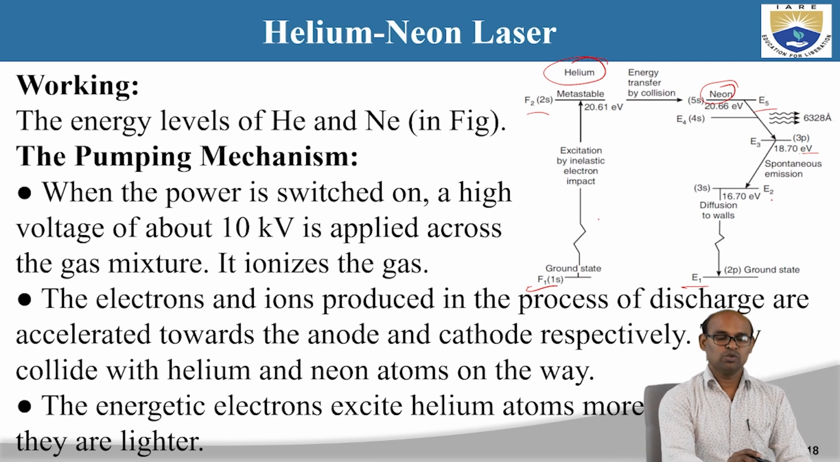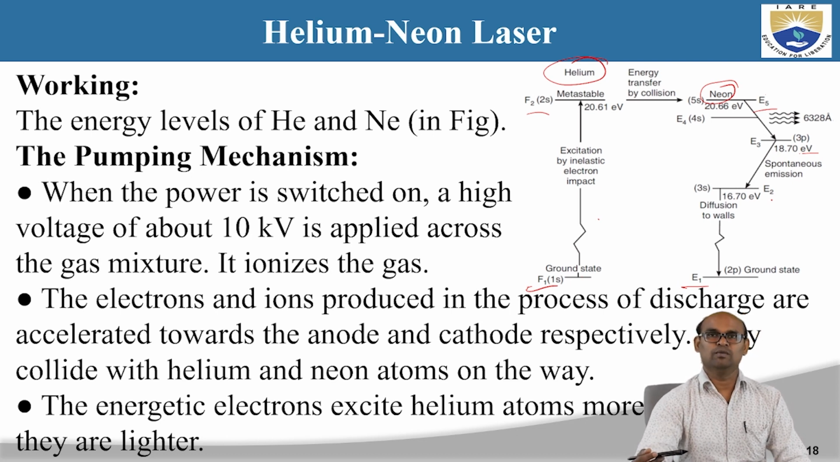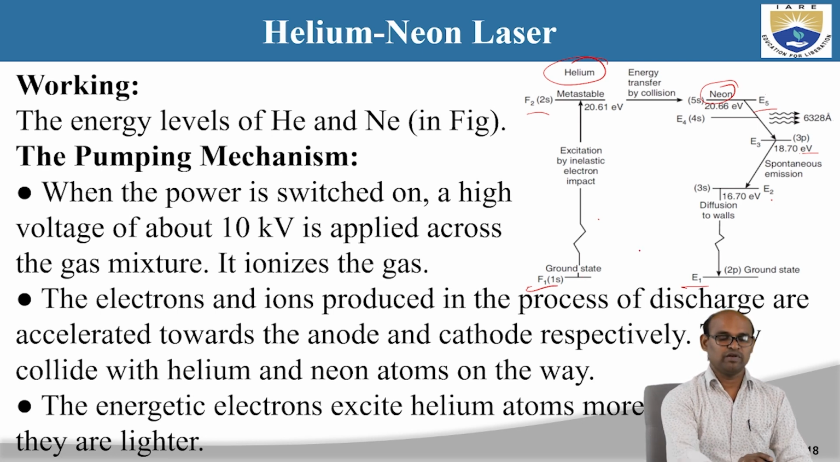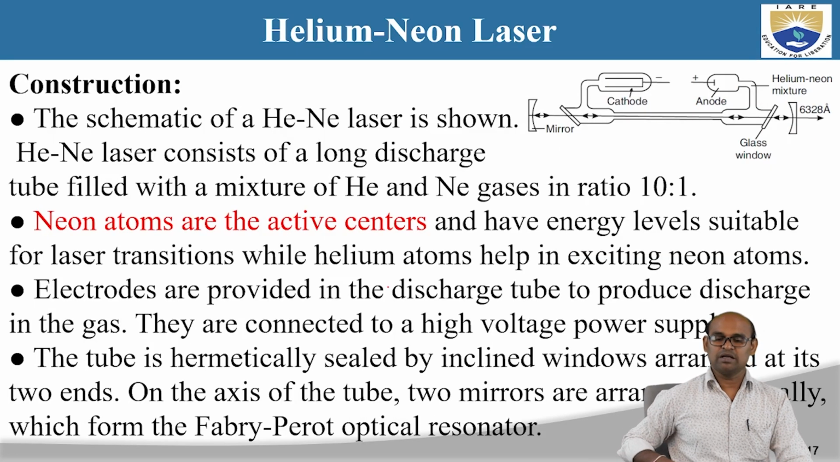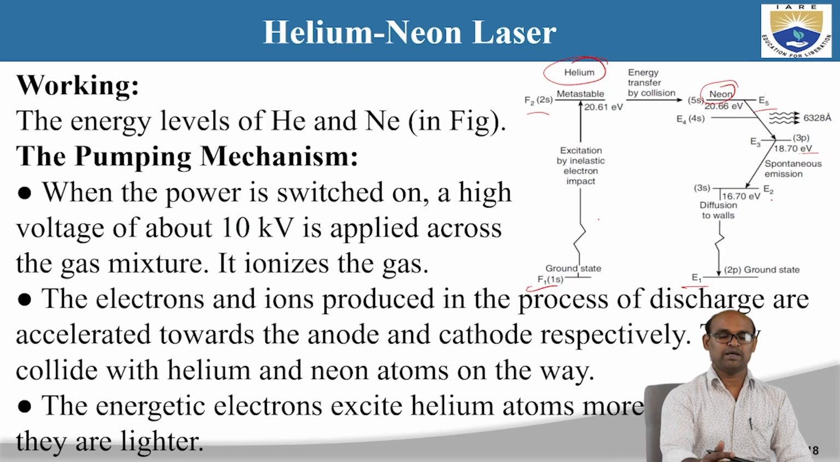Now, there should be five steps for the lasing action. The first one is the pumping mechanism. So how does the pumping mechanism occur in this helium neon laser? When the power is switched on, a high voltage of around 10 kilovolts is applied to the gas mixture and it ionizes the gas. We have connected this long discharge tube to the electrodes, which are connected to a voltage supply. When we switch on the power, the 10 kilovolts voltage produces an electric discharge in